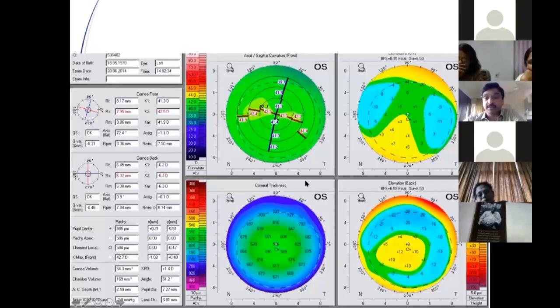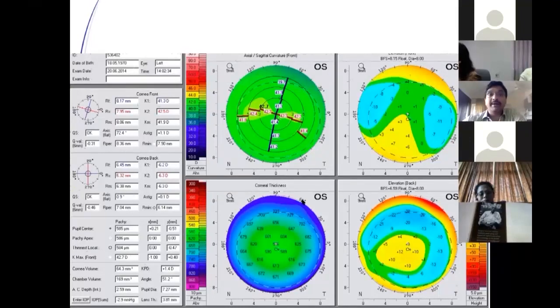Now this is the cornea of a patient. Again, if you take the sagittal curvature, it is normal, thickness is normal, anterior curvature is normal, posterior curvature, there is an isolated island, but if you look at the absolute value, it is within the normal. Anything less than 20 probably is normal. Above 20 is absolutely abnormal. So do we take this as normal or not?